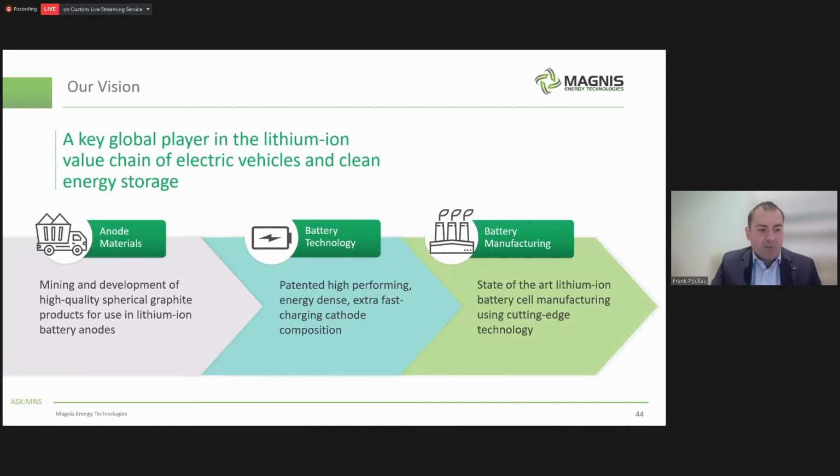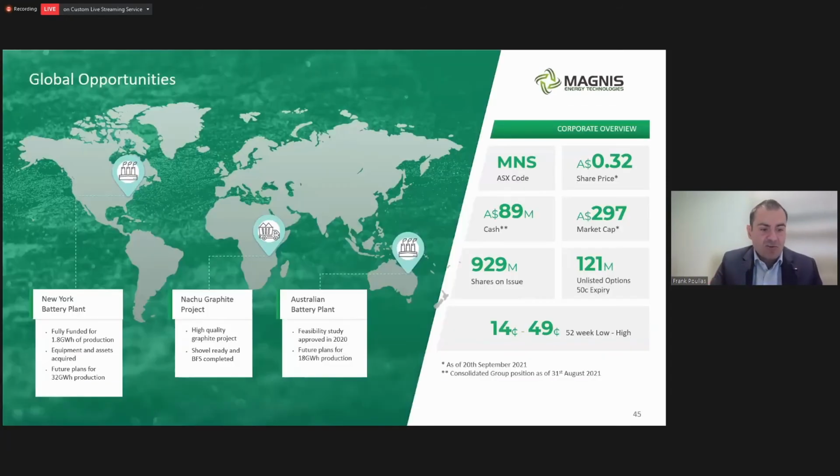We talk about our global opportunities and a rundown of the company on the next slide. So there's the New York battery plant, which we'll go into more detail quite soon. Our natural graphite project, and I mentioned previously about the mine, and then there's also an Australian project in Townsville. There's just the corporate overview numbers around share price, market cap, cash, which is a consolidated cash position between our